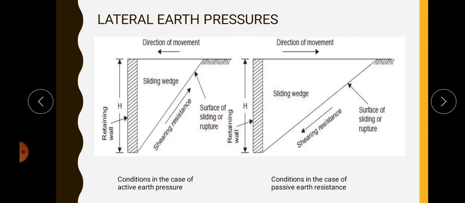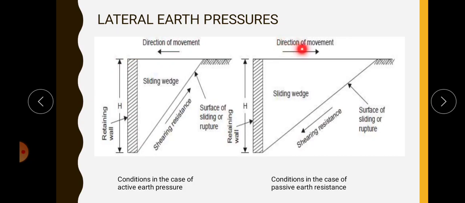The soil exerts a push against the wall by virtue of its tendency to slip laterally. That is, this soil has a tendency to push against the wall and it will make the wall move slightly away from the backfilled soil mass. Due to this push of the soil mass, this retaining wall has a tendency to move away from the backfilled soil mass. This type of pressure is known as active earth pressure, since the soil is the actuating element. That is, here the retaining wall is moving away from the backfill soil. So, it is known as active earth pressure. This is the first type of earth pressure.